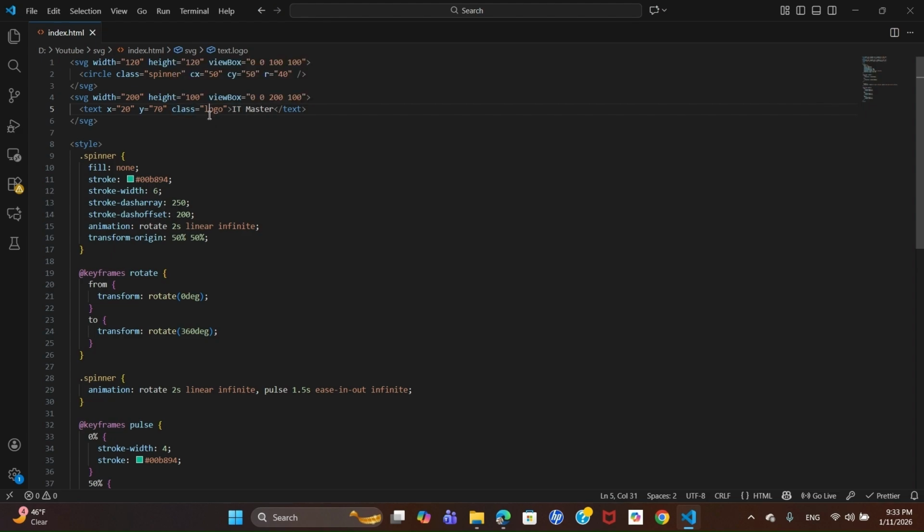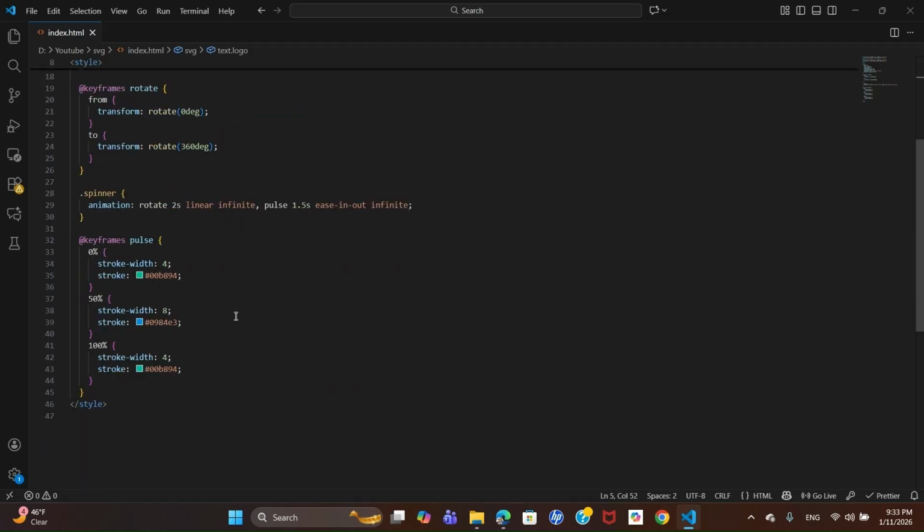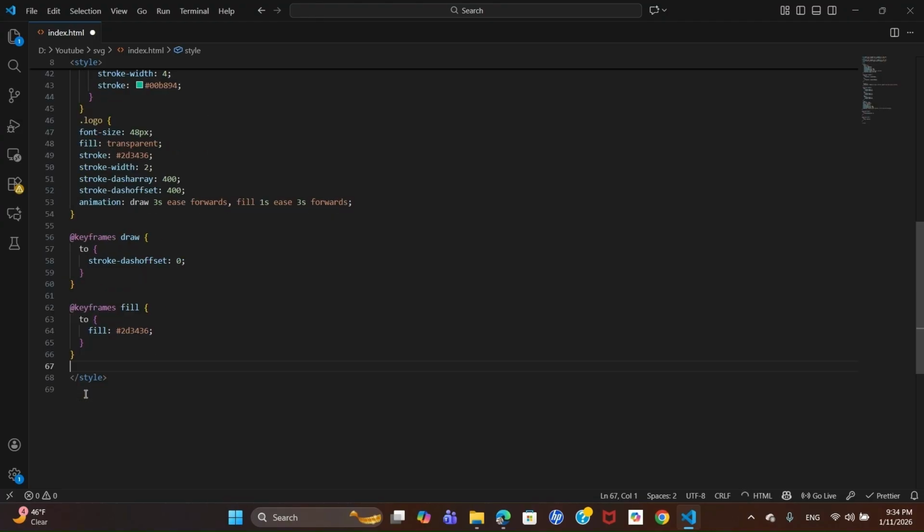The class name logo allows us to style or animate this text using CSS, just like we did with the spinner. The text itself reads ITMaster, which can now be animated, colored, or given stroke effects to create a professional logo. This technique is powerful because SVG text stays sharp at any size, making it perfect for modern logos, banners,